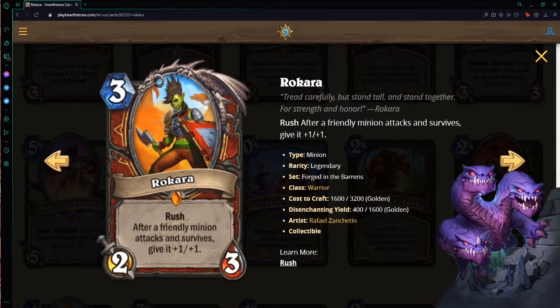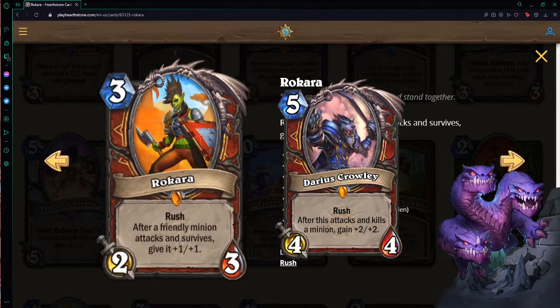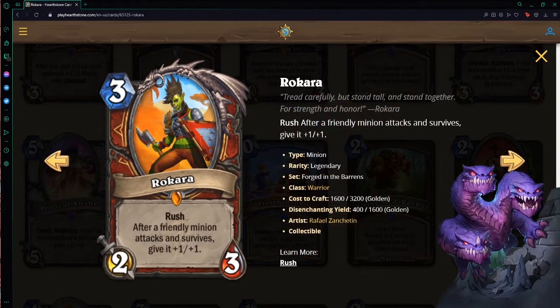Next we have the Warrior Legendary Rokara. When a friendly minion attacks and survives, it gets +1/+1. Basically, it gives all your minions the Darius Crowley effect. This is very good against aggro, in what's probably an aggro deck. Don't think you'd play this in Pirate Warrior, obviously,